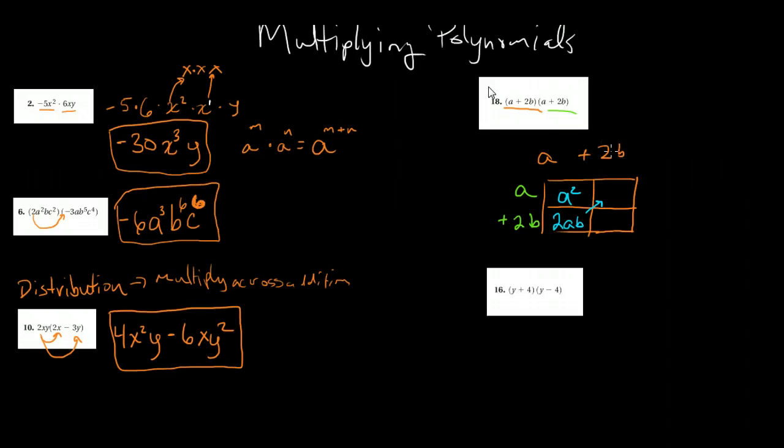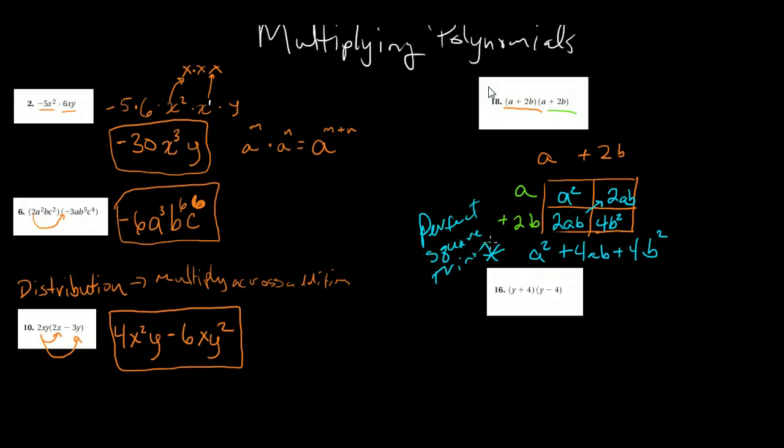I have a positive 2b here multiplied by an a. Well, that's also a positive 2ab. And then 2b times 2b is a 4b squared. And lo and behold, I do have like terms in these corners. So my final result is a squared plus 2ab plus 2ab, which is plus 4ab. And my final term is this positive 4b squared. This polynomial is called a perfect square